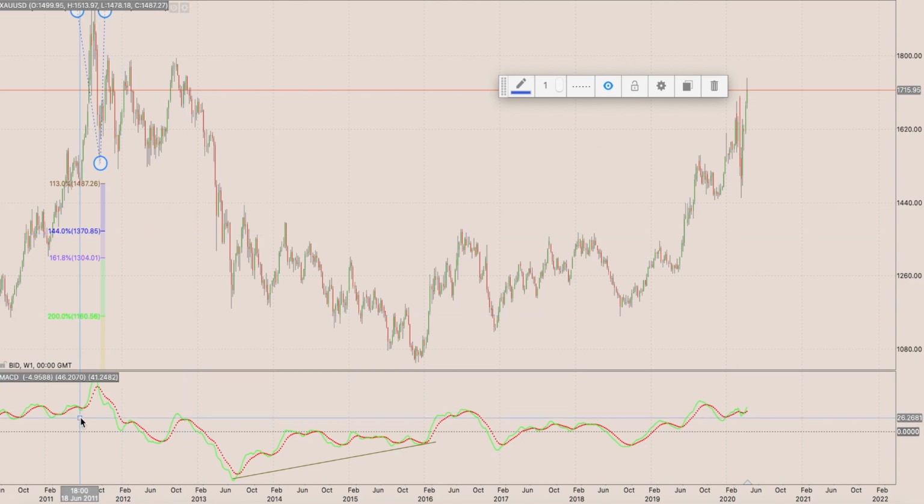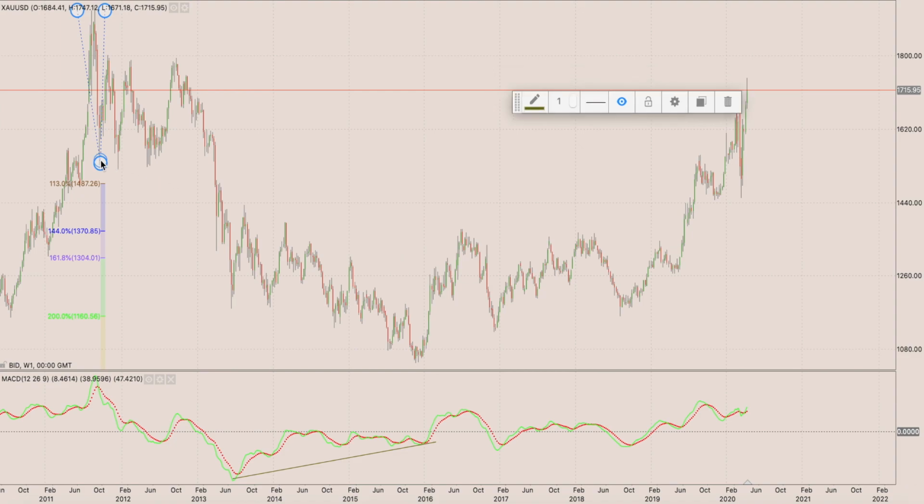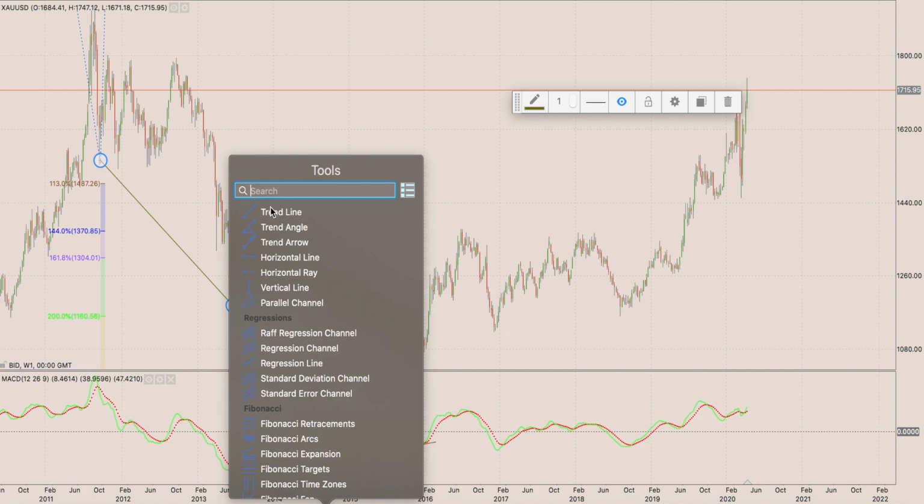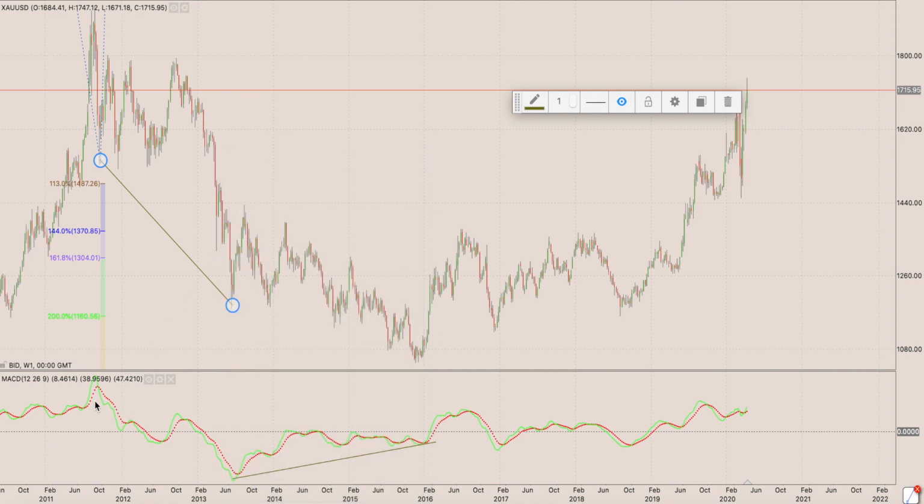And sure enough, if you draw the trend lines using the chart and MACD, connecting lower lows, and do the same thing with MACD, connecting lower lows in MACD, which is not visible here. It didn't identify this one as a low. Well, let's say, I don't know, somewhere around here. And connected to the corresponding